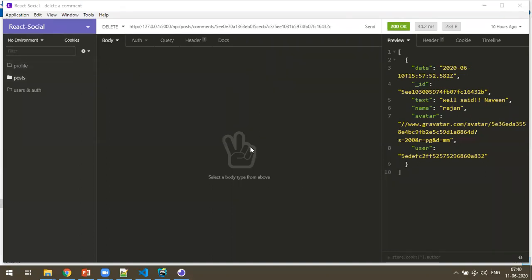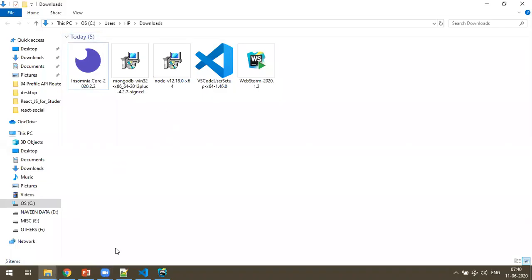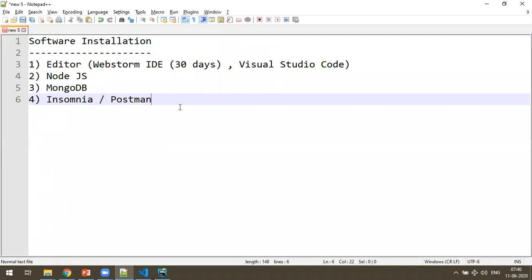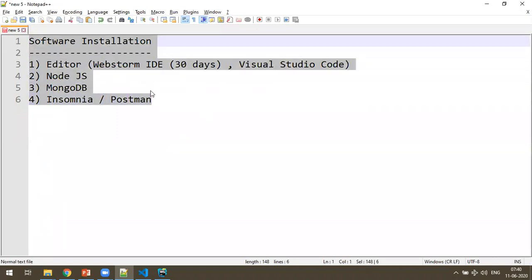Okay, fine. You can find this. Just keep it as it is. If you can open this, that's fine. Once the time comes, we'll discuss the layout and everything. I'm just closing it as of now because we don't need this now. Fine. So now we have successfully installed all the required software for the entire React.js development with complete backend.